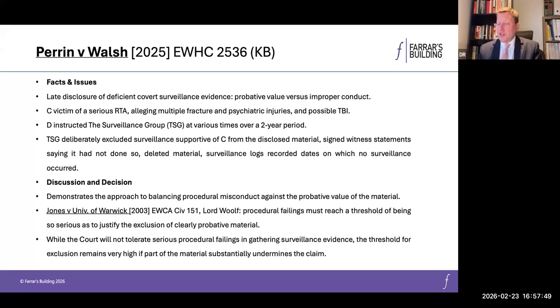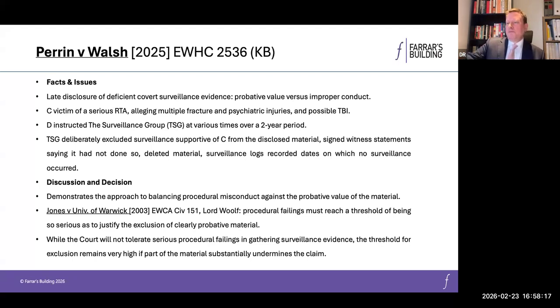And the starting point, as we'll have come across in these applications, is really from language from the case of Rawle and Hume. So where the video evidence is sufficient to undermine the case of the claimant to an extent that substantially might reduce their award of damages, then it's usually going to be in the overall interest of justice to require that the defendant can cross-examine on it, as long as it's not an ambush.